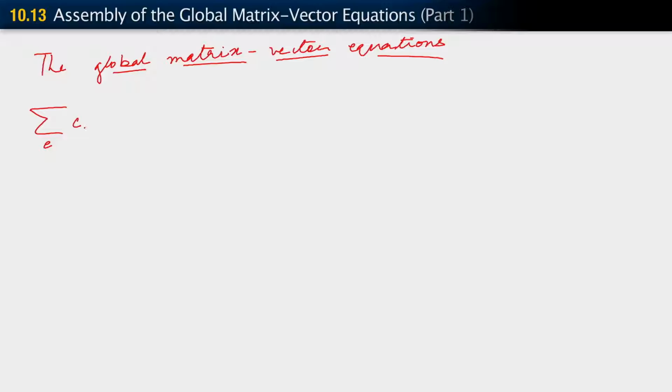It's sum over E, C^E transpose, K^E, d^E, right? And we remember that here K^E is our element stiffness matrix, right? This is equal to sum over E, C^E transpose, F^E internal